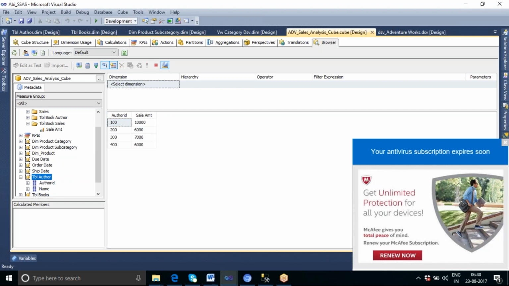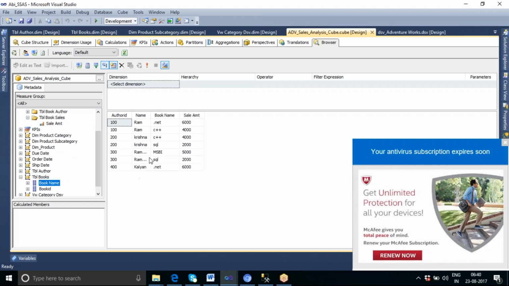Let me drag and drop the author name, and let me get the book name also. Now you can see Ram has written two books, that is .NET and C++. He should get 6,000 plus 4,000, and you can see it here. So that is something like 10,000.